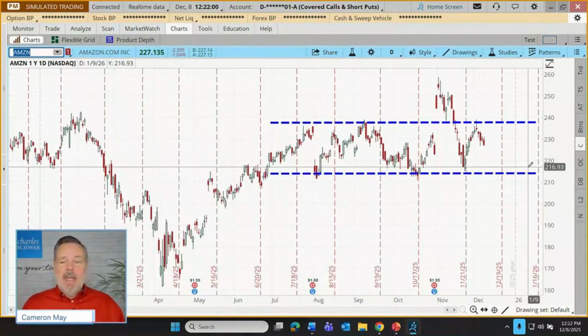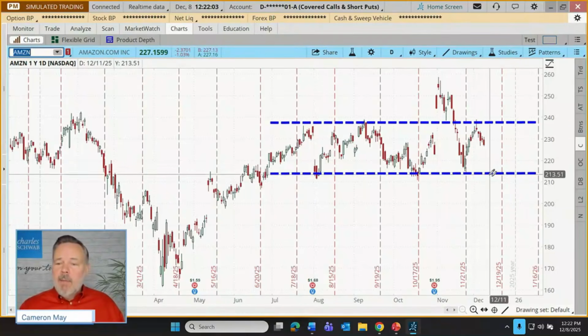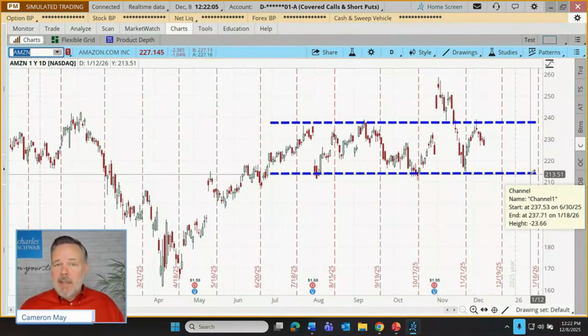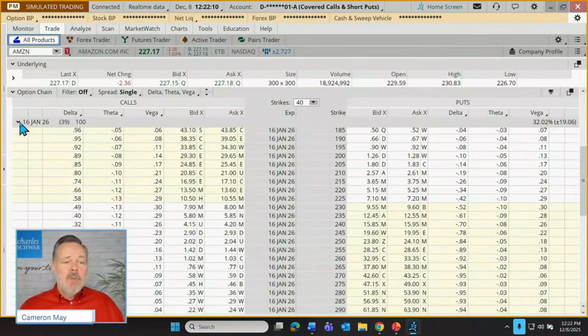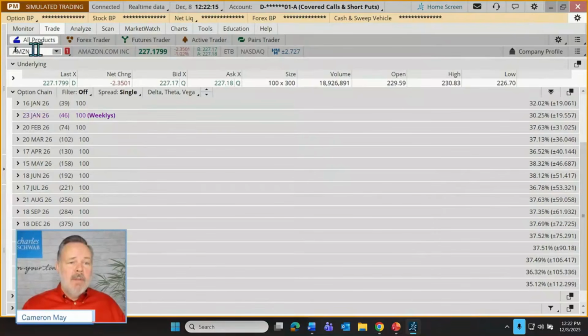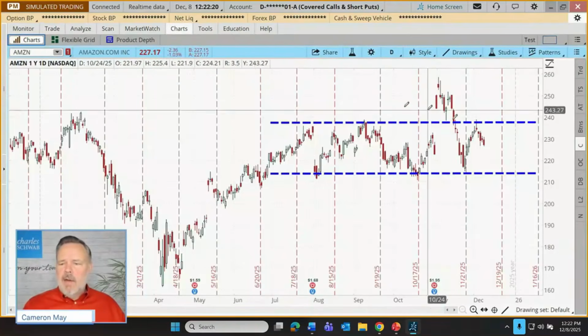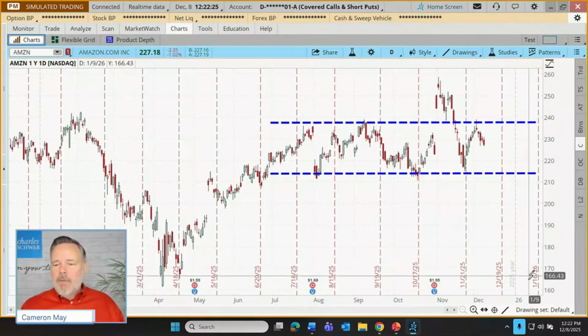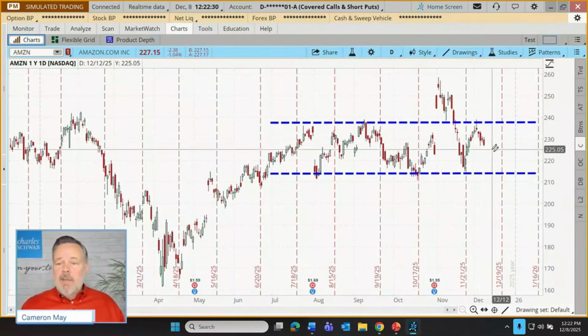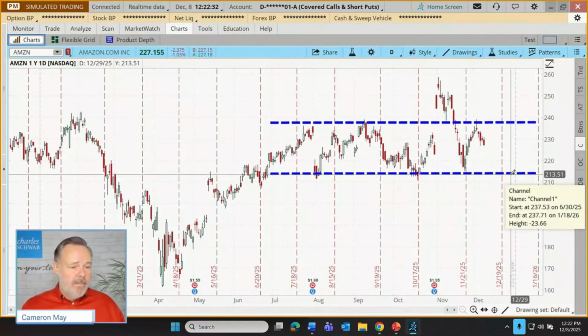Here's what we're going to do. We're going to get into a contract where we agree someone else can sell us the shares for $215 in this case. I want to go see what's available. Now, if you haven't ever done a short put, I'll talk you through what this means. But let's go to the trade tab. Let's load up Amazon. And I'm going to go out to the 16th of January. Let's say that our trader is okay with obligating themselves at any time between now and the 16th of January to someone else being able to sell them shares at $215. That's what we're going to be doing today.